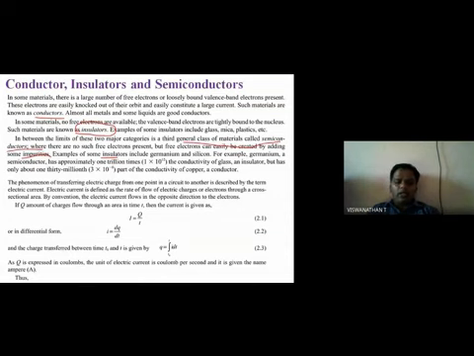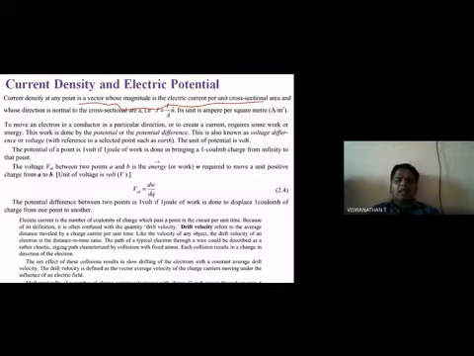Okay, so I is equal to Q by T. Because the charge is moving, we differentiate: I equals dQ by dt. That is the current. Suppose 1 ampere of current is flowing, it means 6.24 into 10 power 18 charges, or that many electrons, are moving per second through an area. Then we call it 1 ampere of current. Current density is a vector quantity. It is the magnitude of electric current through a particular cross-sectional area. So J is equal to I by A, and the unit is ampere per meter square.